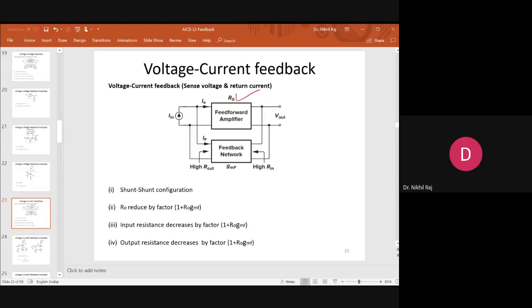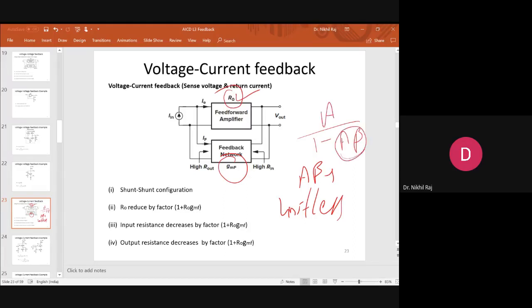Like if it is voltage current, it is talking about the transfer impedance. Then your feed forward amplifier has a unit of ohm. Then your feedback network should have a unit of inverse of ohm, that is gm, so that when I calculate the loop gain, it becomes unitless. Always we have to make AB unitless, because in the denominator I get the 1 minus AB factor. When this AB is unitless, then only I can subtract it from 1. So that's why the units of beta and amplifier are inverse to each other.